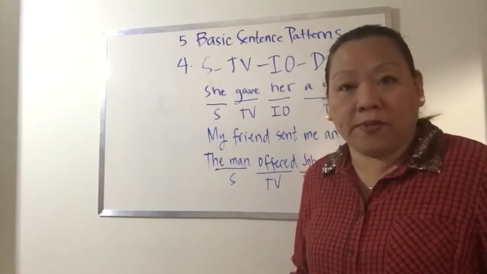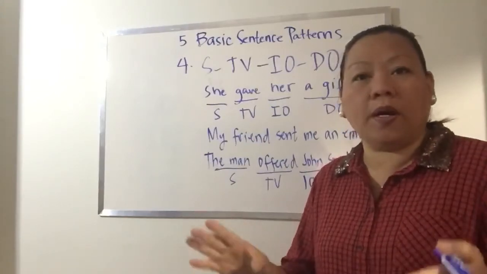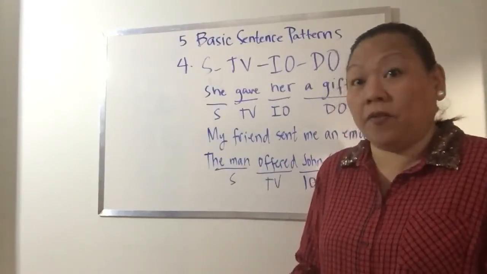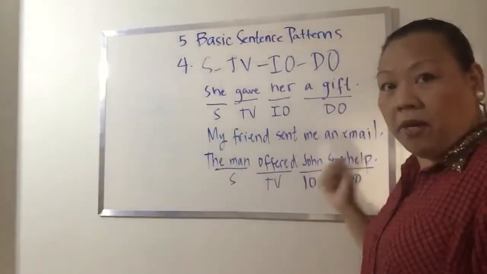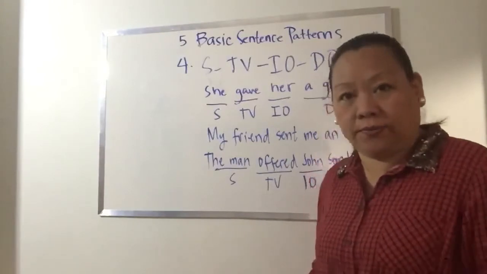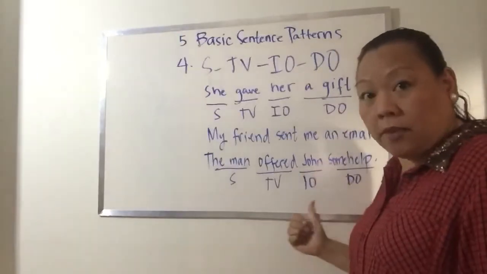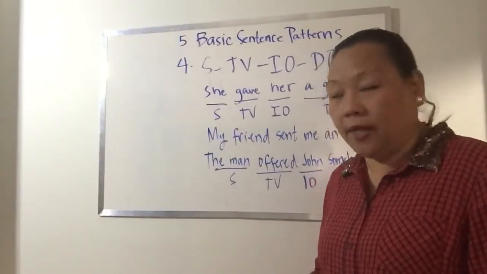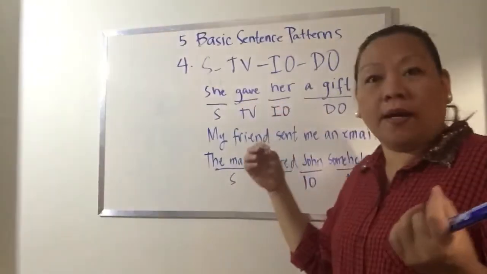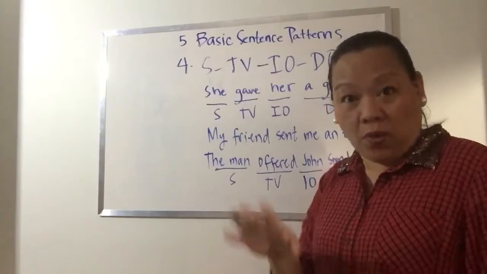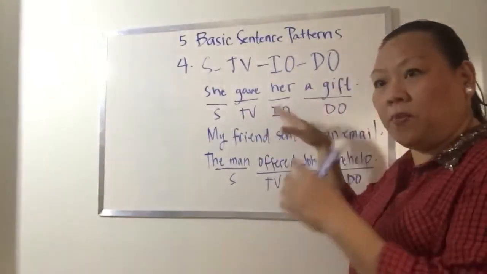Modifiers meaning like adverbs, for example. Adverbs of action mean like to describe an action, or adverbs of time, adverbs of places. Okay, like this one, my friend sent me an email 3 days ago. The man offered John help last week. Okay, or she gave her a beautiful gift. So we're using a modifier, an adjective here. She gave her a gift or a beautiful gift